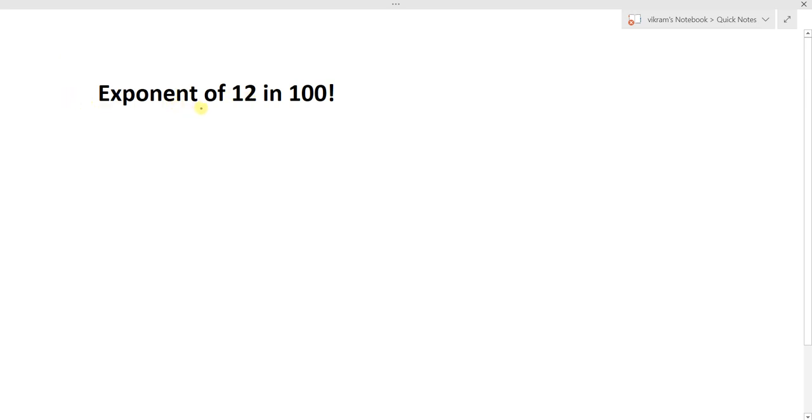Find the exponent of 12 in 100 factorial. To solve this type of problem, we have the concept that the exponent of a prime number p in n factorial is found by the greatest integer of n by p, plus the greatest integer of n by p square, plus the greatest integer of n by p cube,